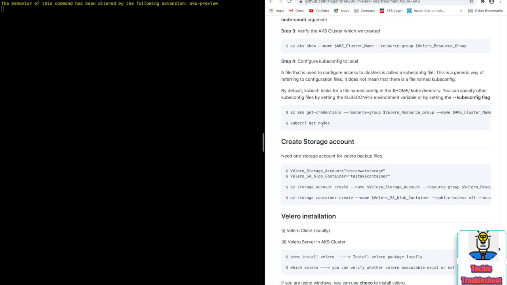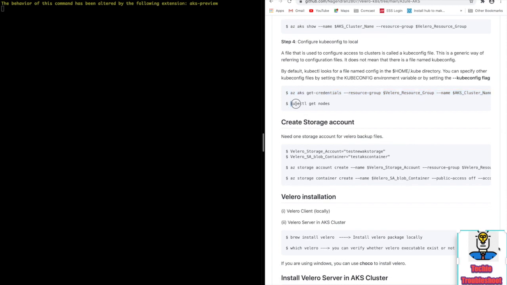So what is kubeconfig? The kubeconfig file is what you need if you want to execute kubectl commands locally. Wherever you are, AWS or Azure or Google Cloud, you need to copy that kubeconfig file locally so that you can execute kubectl commands. So this is the command. Get the kubeconfig file and copy it locally. Then we can verify with a kubectl command.